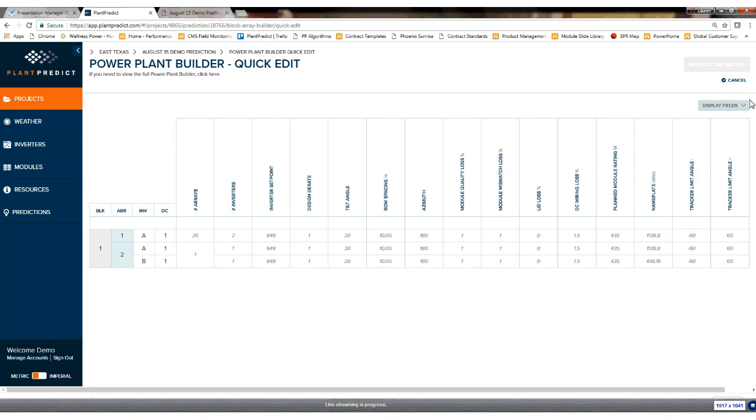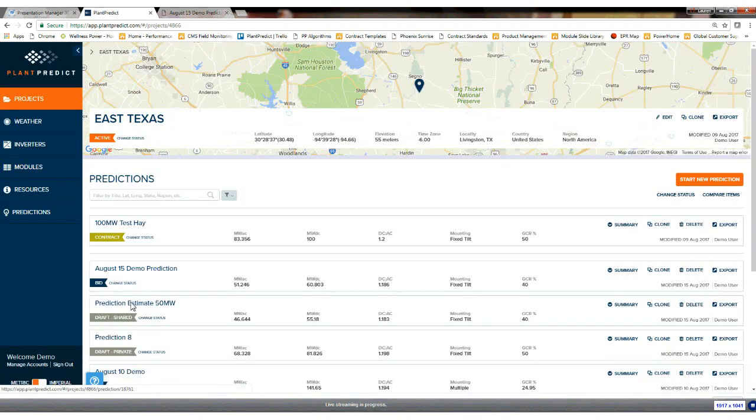Now, the one caveat is that I chose a read-only prediction. And I told you guys earlier, you can't change the inputs to a read-only prediction. So the software is actually doing what it's supposed to be doing here, which is not allowing me to use this feature. If I go to a non-read-only prediction, which is like this prediction estimate 50, which is draft shared,